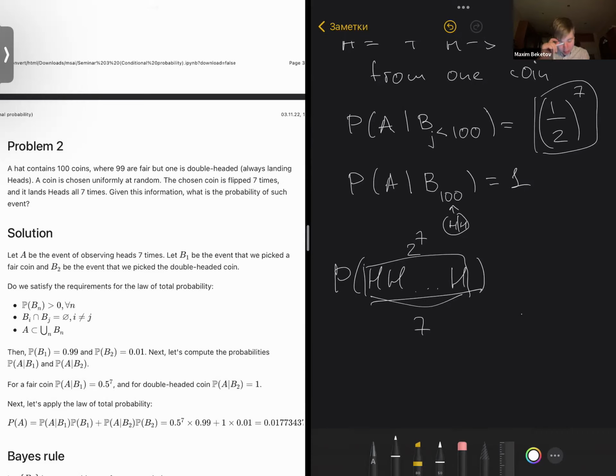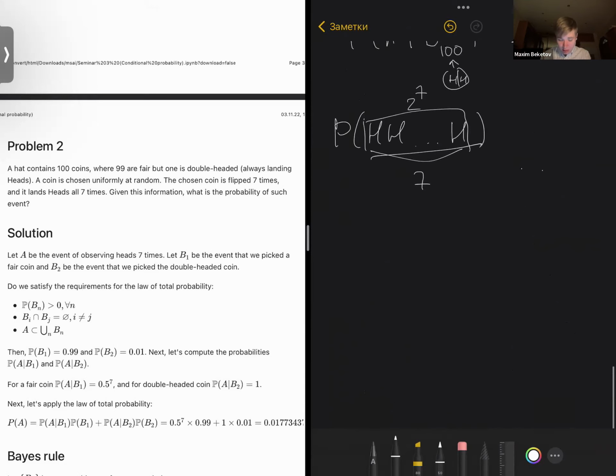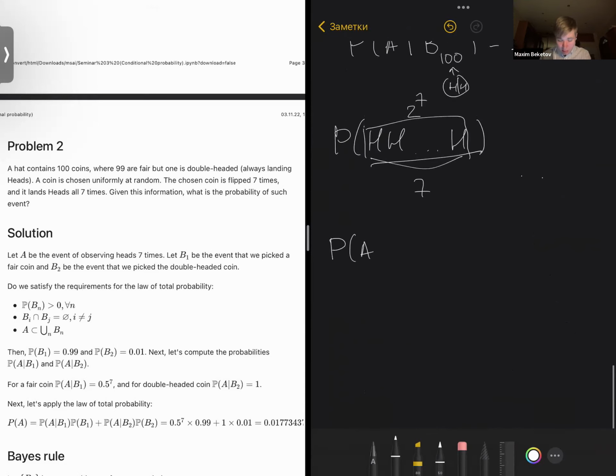Yeah, and you can see that P of A was the sum over i of P of A given Bi times P of Bi. So for all of them, we have a sum over the first 99 coins. There we have 99 times